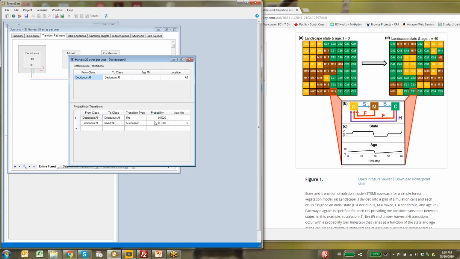There's either a fire probability that is possible, which may occur with a probability of 0.002, or about a 500-year return interval. And after the cell reaches an age of 10, then there is a 10% probability of transitioning to mixed forest. Now, for this example, I'm going to bump up the probability of fire to quite a larger number of 0.05,